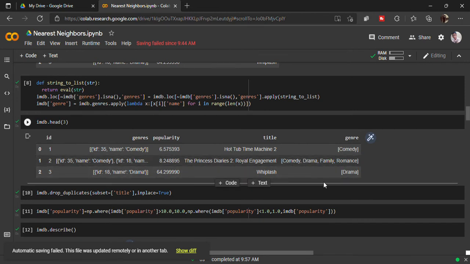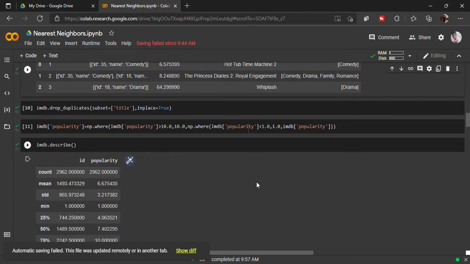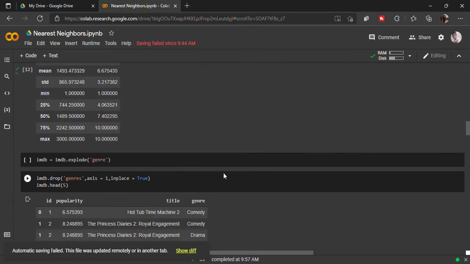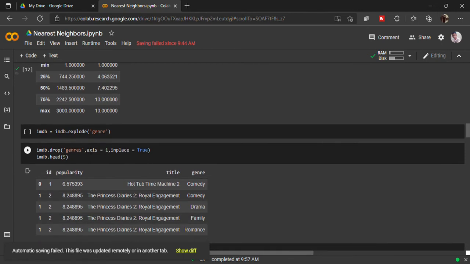So it will not help you in any way, right? What you need is distinct columns, where if it belongs to the comedy genre, then it will be one, and likewise for drama. So having multiple values in one row is not going to help us.